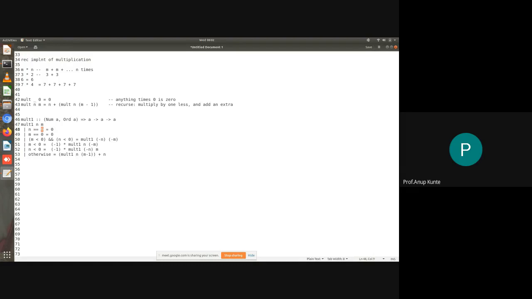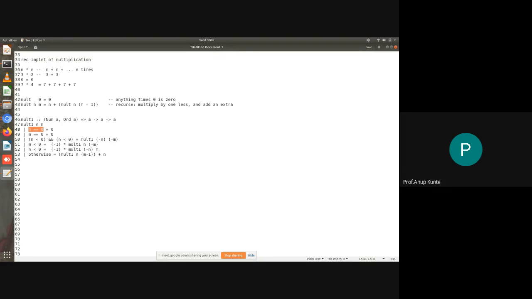Here we are saying that n is 0. So the first multiplicand is 0. Then the multiplication is going to be definitely 0, so I'll return 0. If the second multiplicand is 0, then I'll return 0. If the first and the second multiplicands are both not zero, and are negative, then I will negate them and just multiply them, because you know minus 2 into minus 3 is plus 6, where 3 into 2 gets multiplied, and minus 1 gets multiplied to become plus 1. So I just negate the first one, negate the second one, and then multiply them.